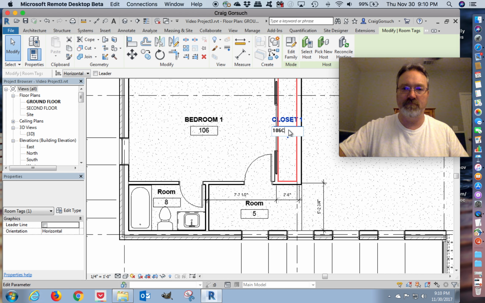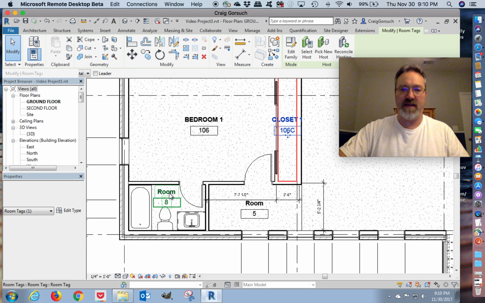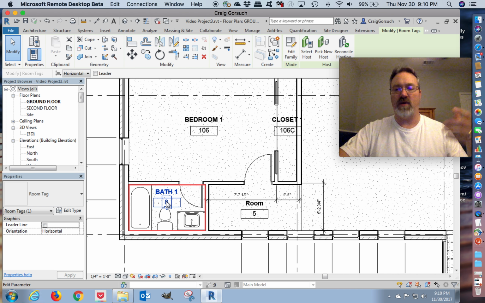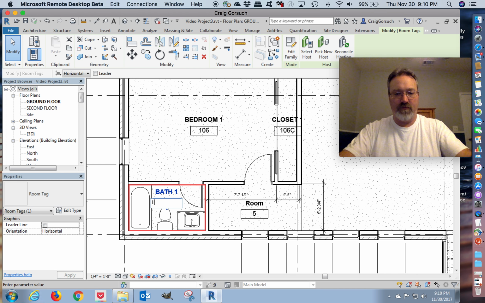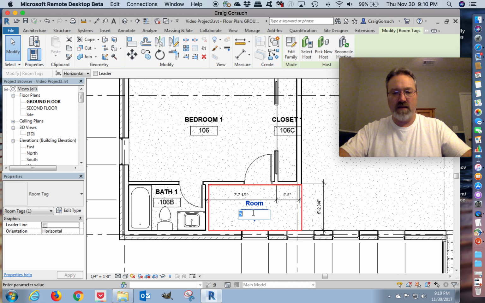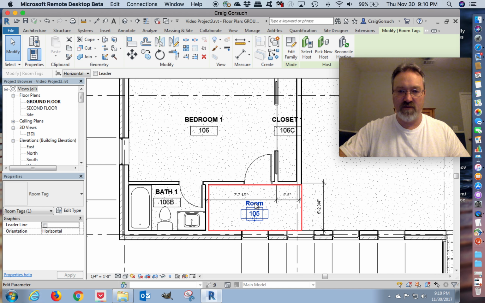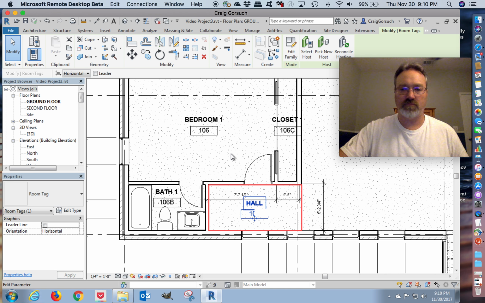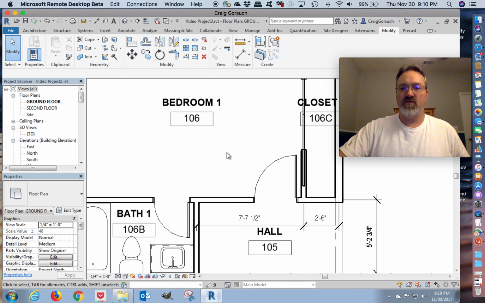C for a closet. I come down here and I look at this bathroom. That's a bathroom off of Bedroom 1. So I'm going to call this Bath 1, again, so I can make it distinctive from the other bathrooms. And because this bathroom is related to the bedroom, I'm going to call this bathroom room 106B. And our little hallway is room 105. And instead of just spelling out hallway, I'm just going to call it Hall. Okay, so there are the room objects